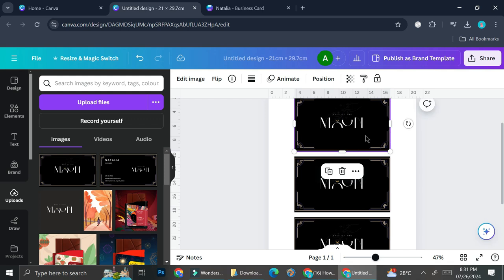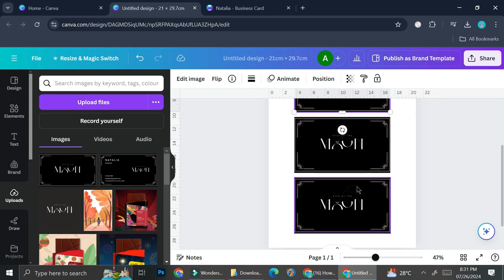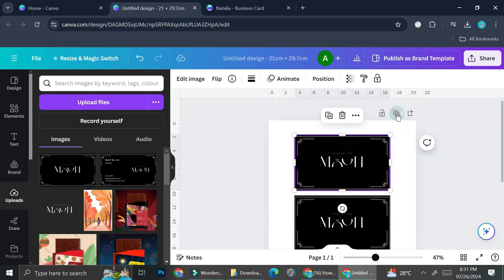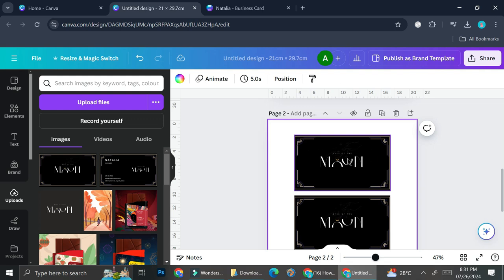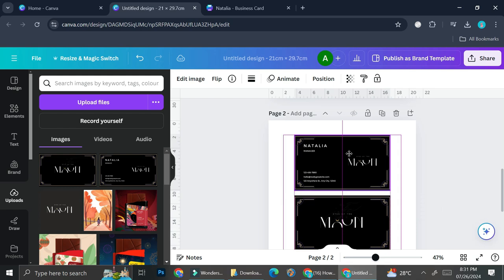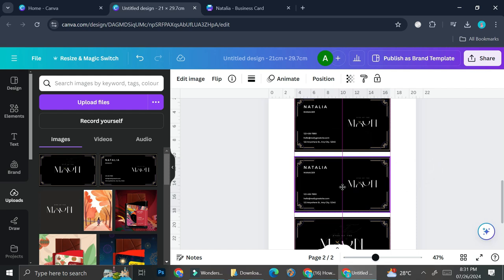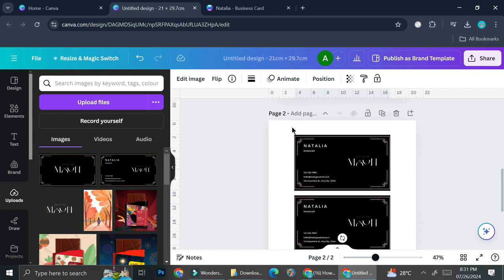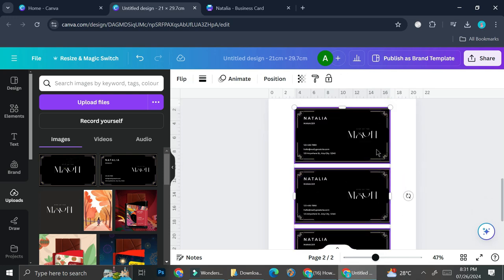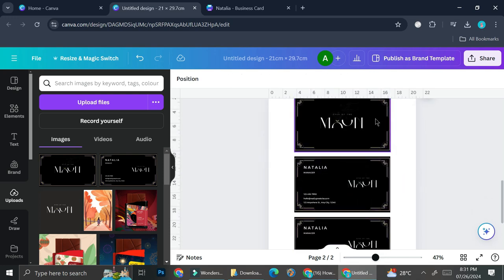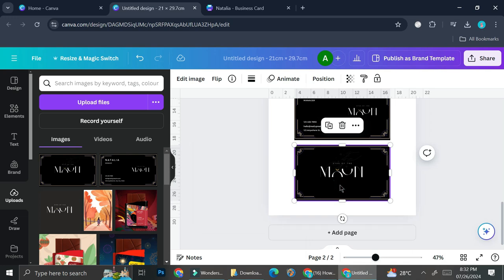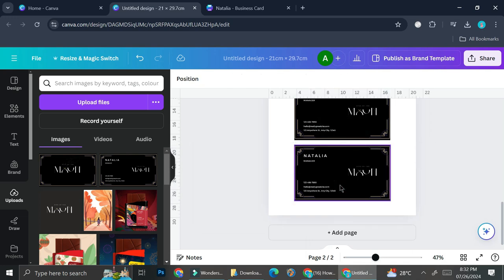So what I'm going to do now is I'm going to go ahead and duplicate this page and use this card as the guide, and I'm going to add the back side of my card, put it right here, then just repeat the step, and then I'm going to go ahead and bring this to the back and just delete the front part of my card. Alright, so now that I got all of my card aligned,